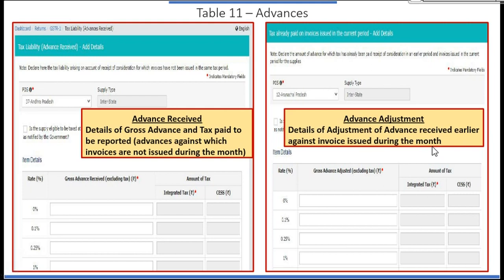Next month I'll issue an invoice for 50,000 rupees. So on advance adjustment, I'll show 50,000 rupees, 9,000 tax. So balance unadjusted remaining is 50,000, 9%. Already adjusted 50,000, 9%. Right?